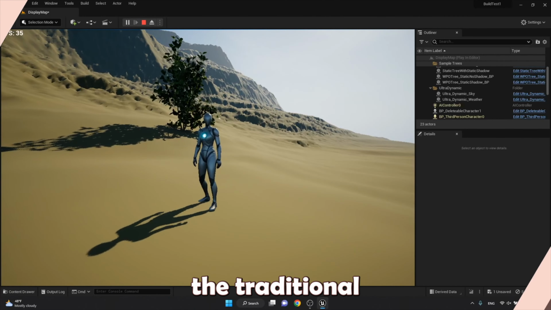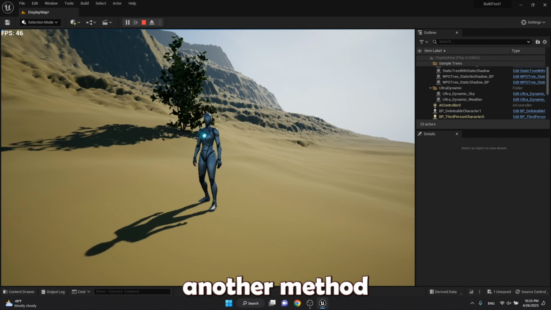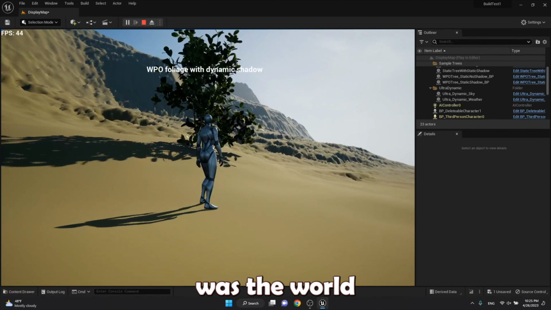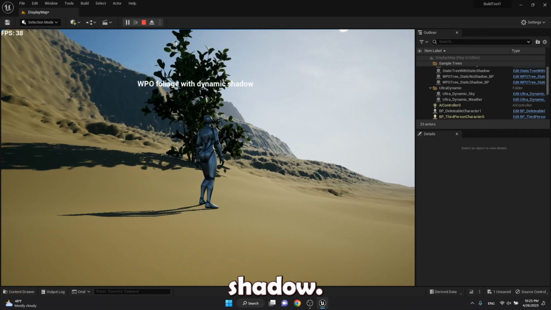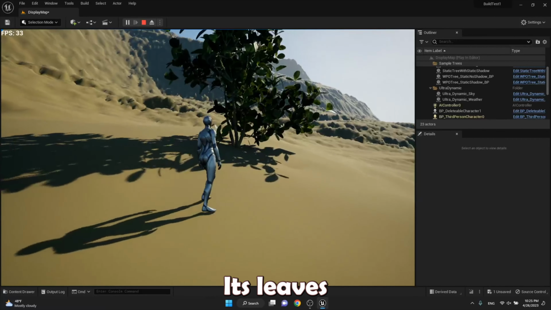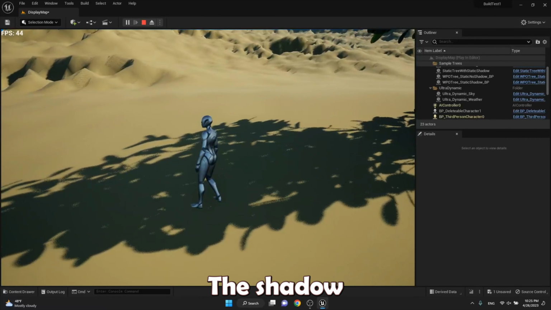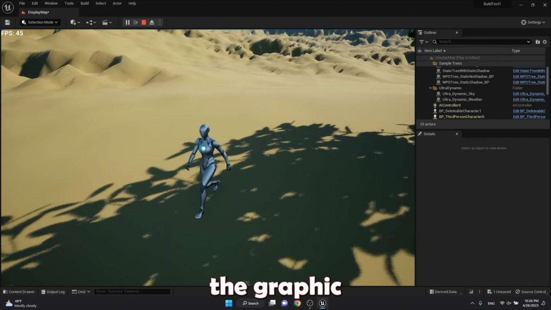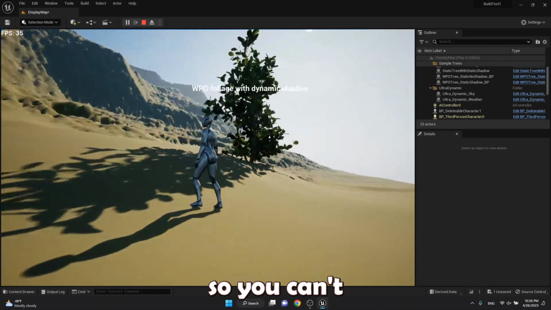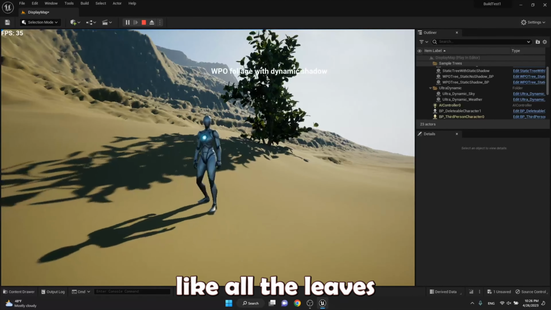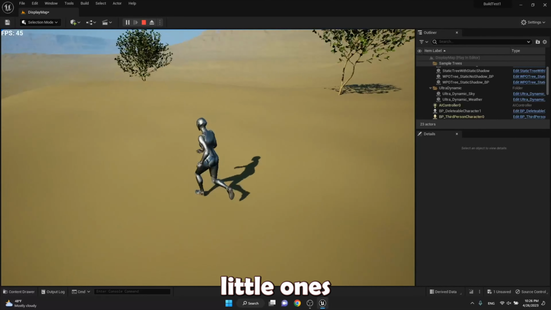Besides using the traditional level of detail, we can also use another method called imposter. Here is the level I built to display 4 different foliage types. The first one was the world position offset foliage with dynamic shadow, what we were talking about all along. Basically its leaves are moving, and the shadow is moving as well. Since we're in, I think, medium rendering quality, the graphic quality is pretty low right now, so you can't really tell. But once you turn it up,